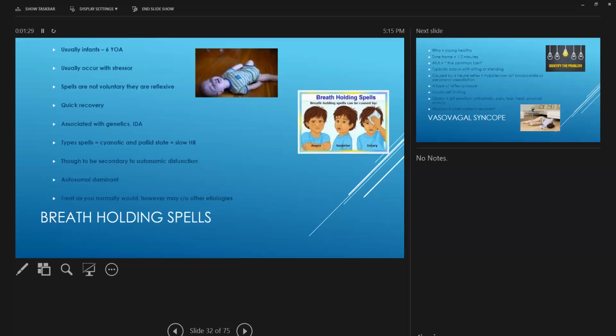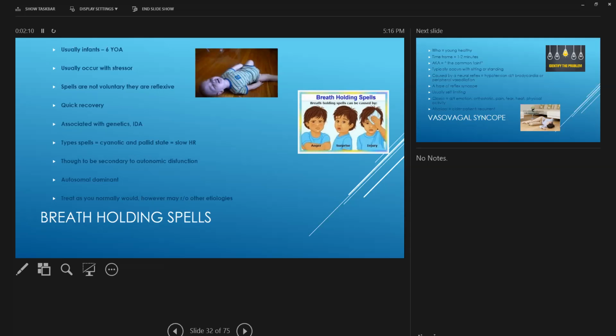That's really interesting. There's a few different types. There's a cyanotic type where they basically hold their breath until they pass out. They turn blue, obviously. And then a pallid state, where they have a stressful event and then their heart rate slows and the bradycardia causes them to pass out. At any rate, it's an autosomal dominant trait, so we do see it in families. You just need to be aware that these can occur normally and that we need to rule out other etiologies before we call this a breath holding spell, which is really just